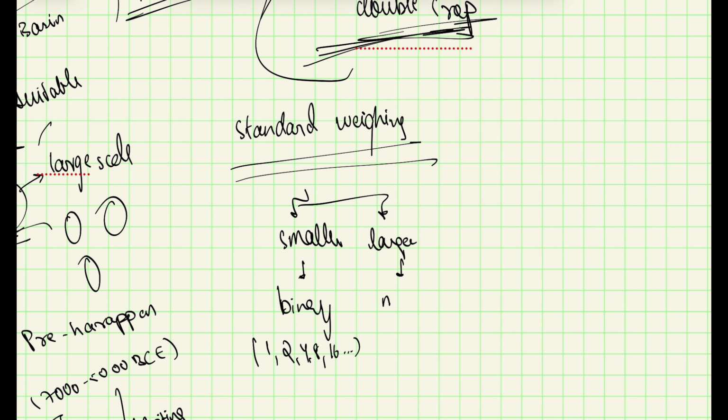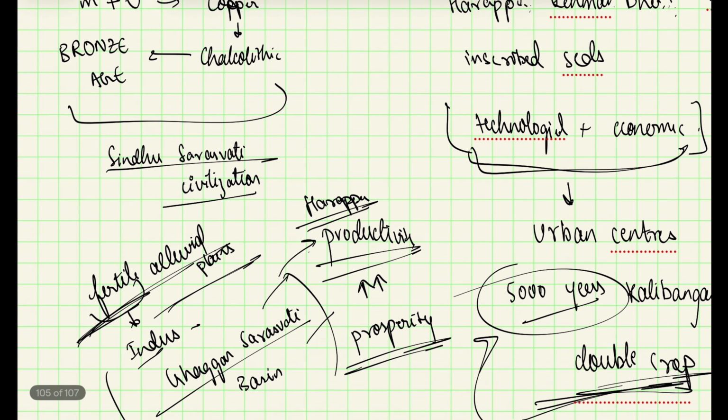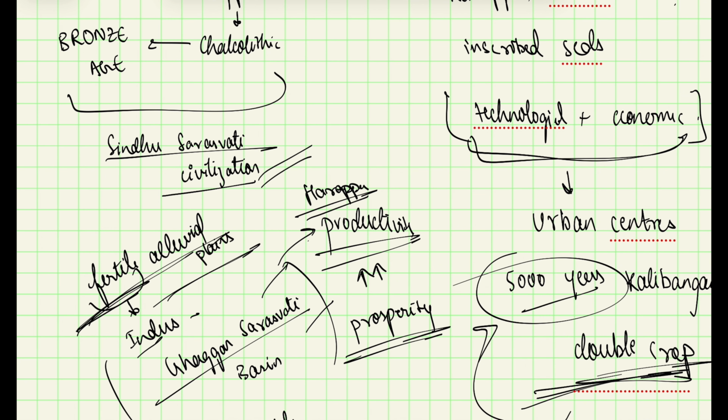And for larger units, they have used the multiples of 10, like 10, 20, 30, and so on. That is how they used them for the smaller and the larger ones. And next, after this, you have studied about the Sindhu Saraswati civilization, how they had worked and all